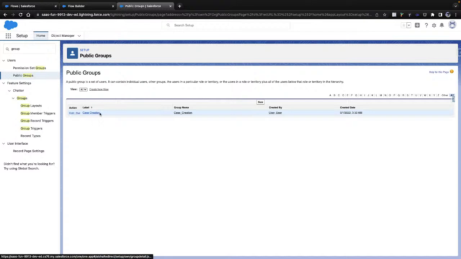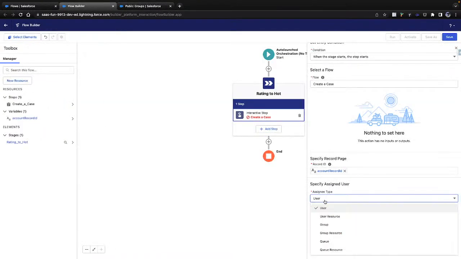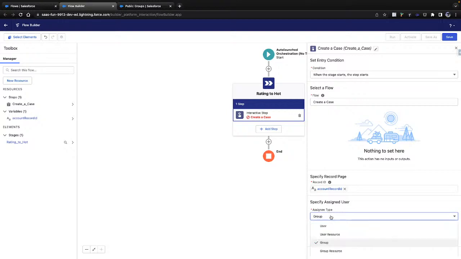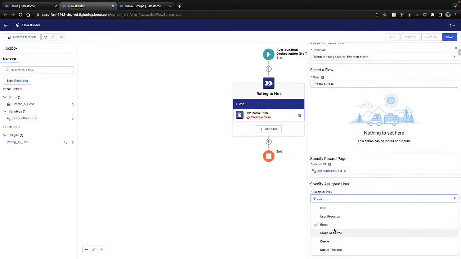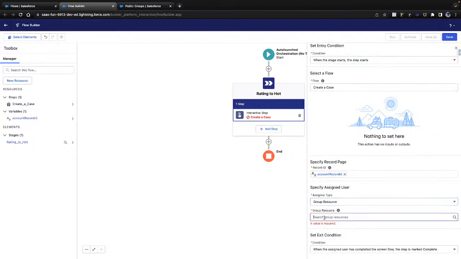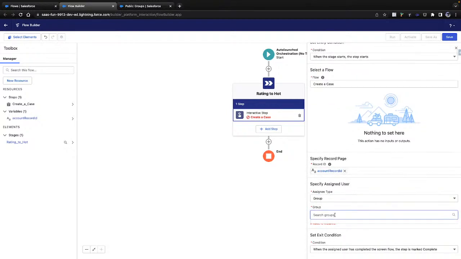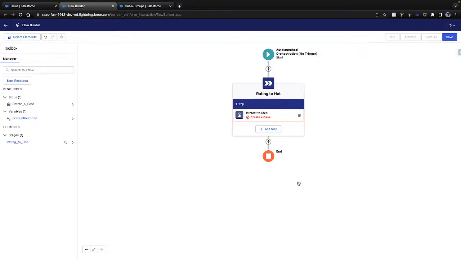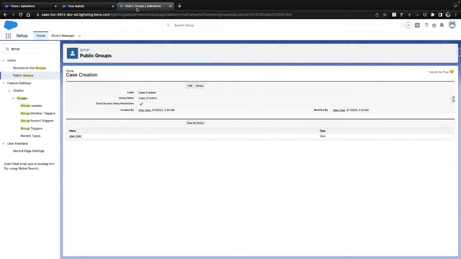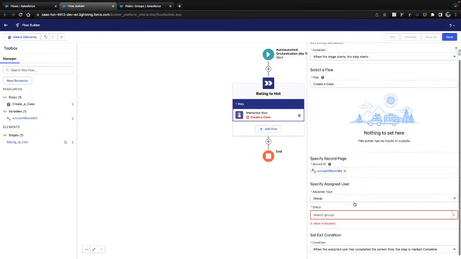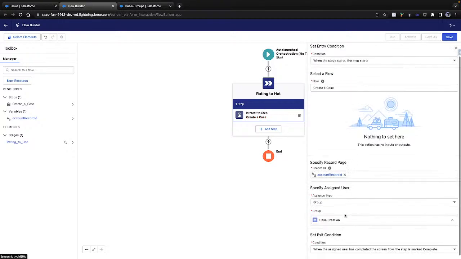Anyway, for now we got the case created and the group created. So here I will select group. See, Salesforce is very nice, right? I have a reference also. If I use a reference, I can use a variable to assign a group ID. Because we are not doing that much in this case, I'm not planning to do that. What I'll do is just take a simple group. Why is this not showing the group? Case creation. Okay, I need to type.